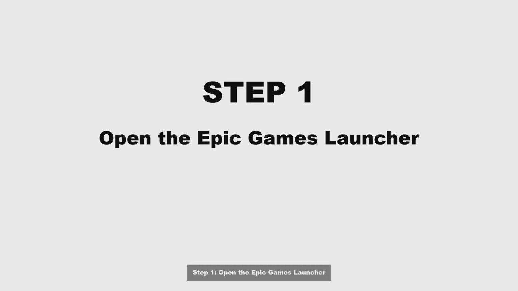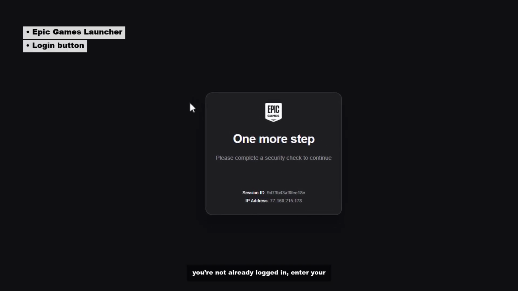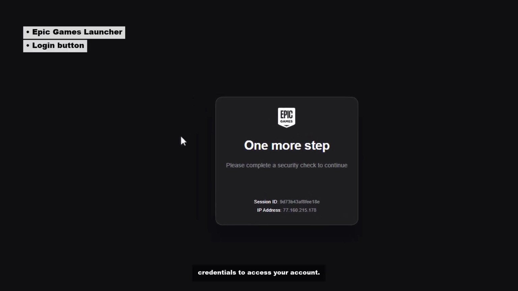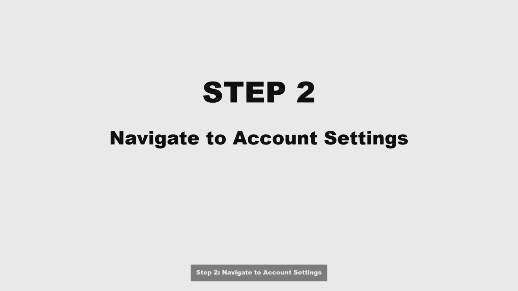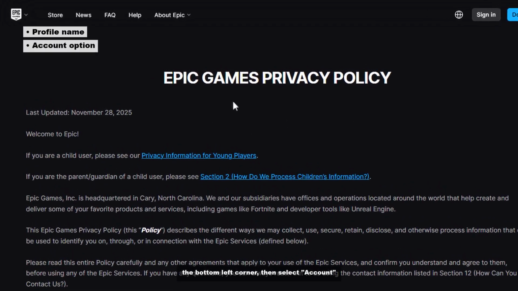Step 1. Open the Epic Games launcher. Launch the Epic Games app on your device. If you are not already logged in, enter your credentials to access your account. Step 2. Navigate to Account Settings. Once logged in, click on your profile name in the bottom left corner, then select Account from the menu that